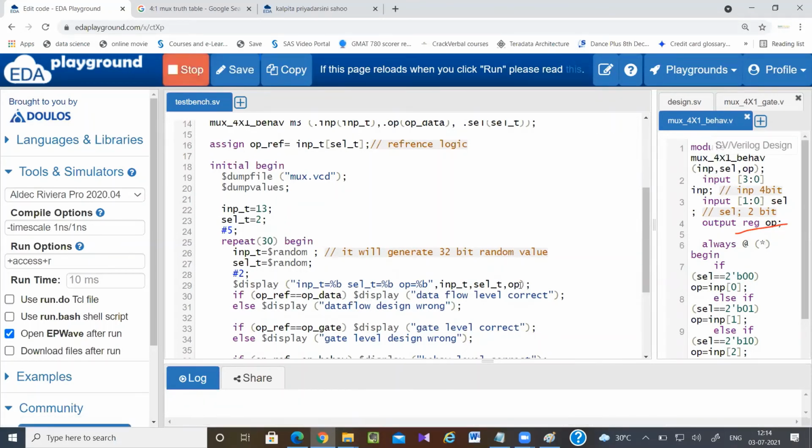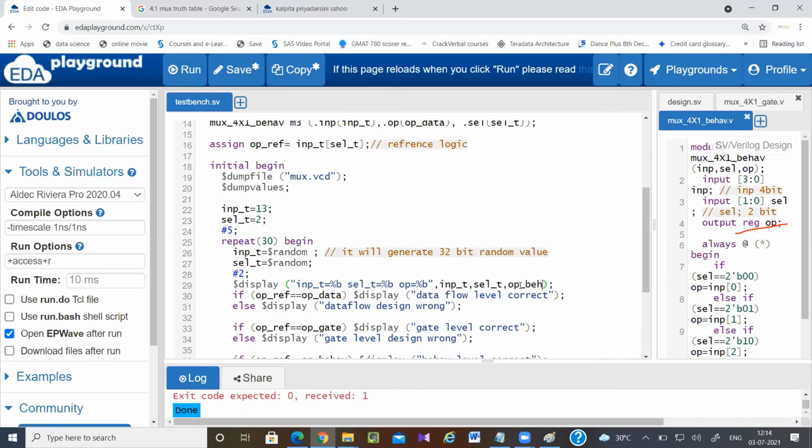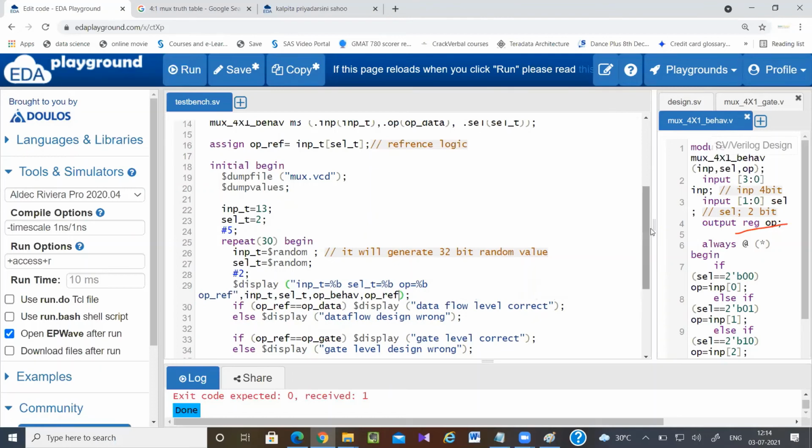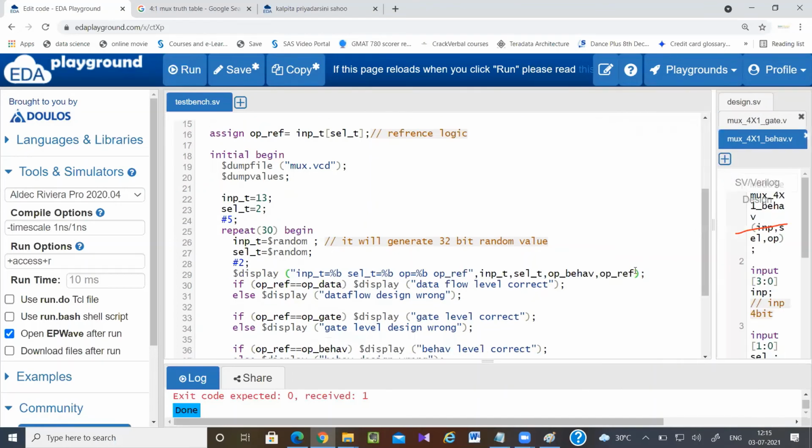Okay, here in output, I'm just displaying output behavior. Because I need to display output reference also, output behavior. See, you can display all the outputs also, but only in the behavioral output I am getting an error, so I am displaying only behavioral.